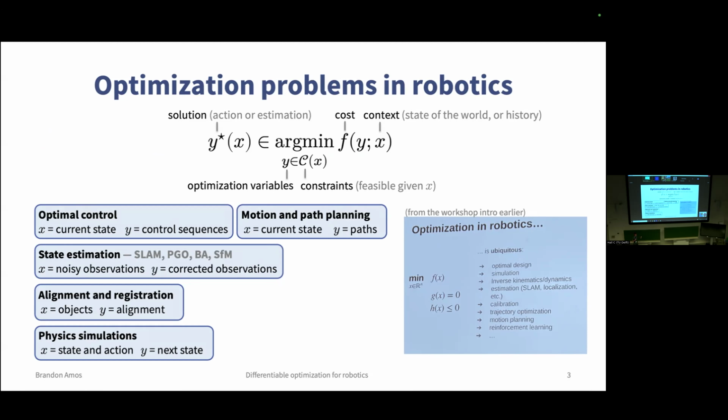The one difference that I want to present in this talk, in contrast to the way it was written this morning, is that I like to think of optimization as being contextual. It's not that we just solve one optimization problem in isolation and then forget about all of the other similar instances of it. So I wrote it in a somewhat non-standard way where there's some conditioning or context that I'm calling X, and this is the state of the world or the history or some other context that we have about the system. This informs the objective, what we want to do in the world from the state, and also informs the constraints, what's actually feasible to do given the state of the world.